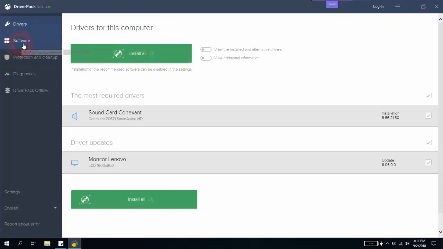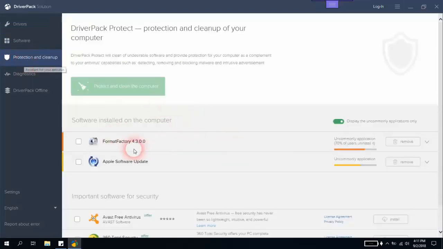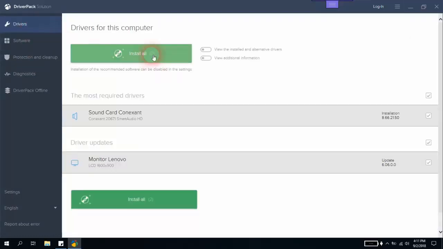Why did I deselect these items? I do not want this software to install any browsers or any antivirus, and I do not want this software to install any application which I have installed personally. So we'll go back to drivers. You will click install, and as soon as we have clicked install, all the drivers will be installed, and then the operation is done. And if after a restart this still didn't solve the issue,